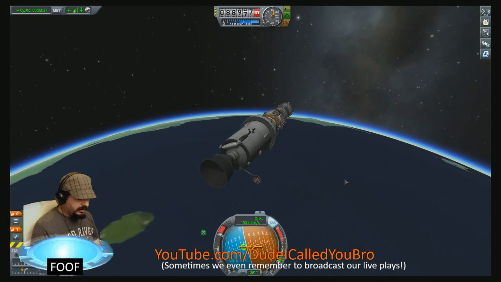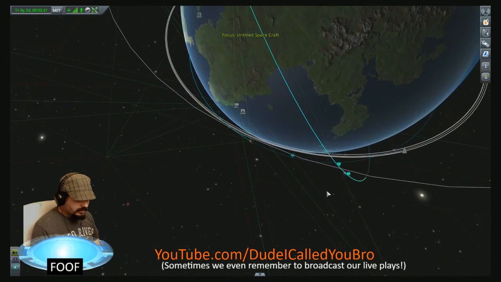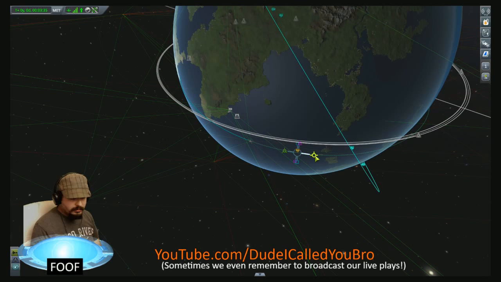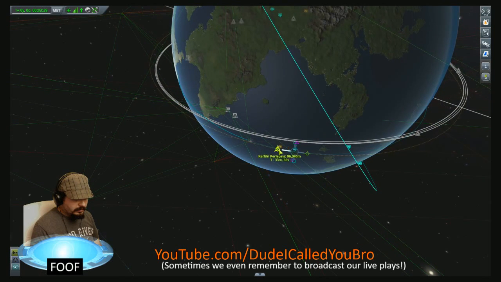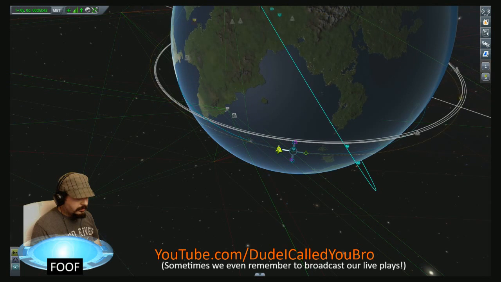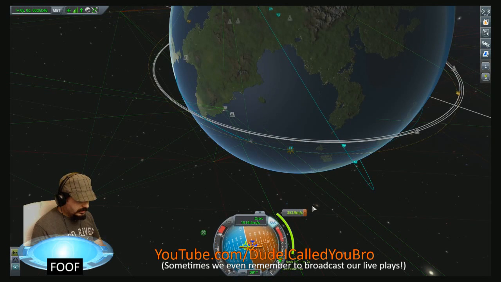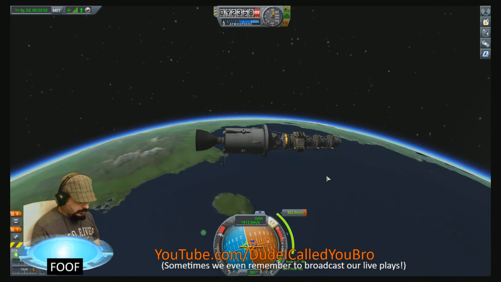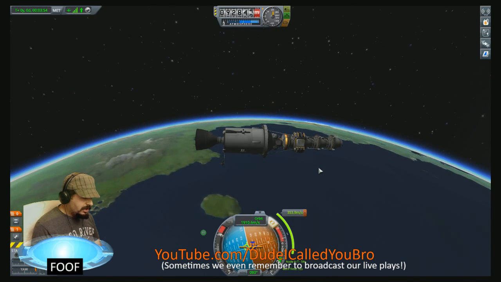Send our antenna so we don't fall out of range. Alright. Let's see if we can complete orbit. Nice circular orbit. Forget it. Beggars can't be choosers. Just very weak